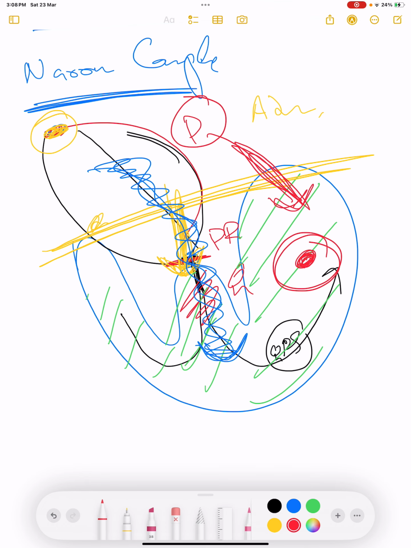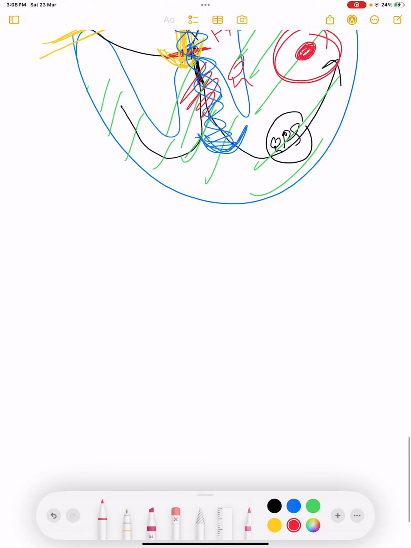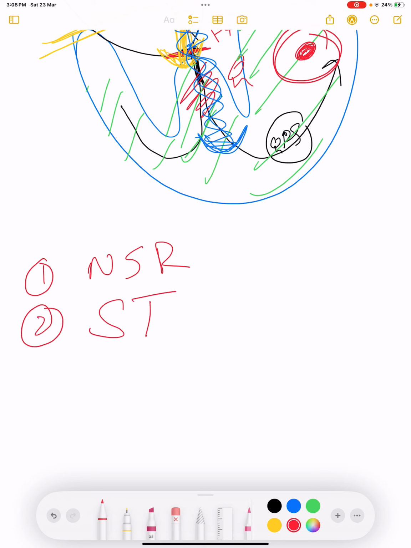So what are the different rhythms in which the QRS complex will be narrow? We can name them, just like normal sinus rhythm, where the QRS complex will be narrow. In case of sinus tachycardia, atrial tachycardia, junctional tachycardia or junctional rhythm, sorry. Then atrial fibrillation, atrial flutter,